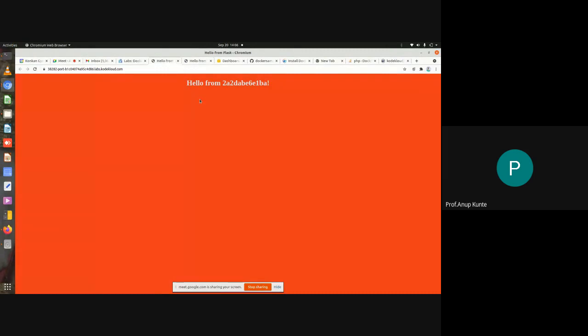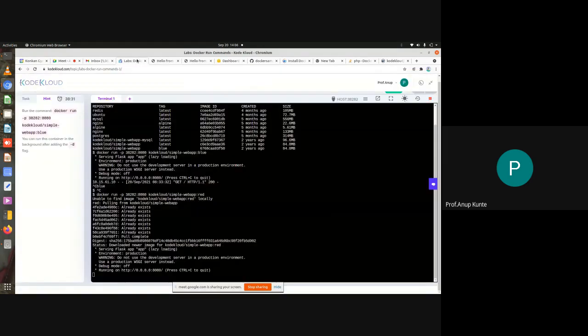So this is a simple static web app website which changes the color as per the version. It's like having different CSS styling on a different version of your software. One version uses a particular CSS styling, the other version uses a different CSS styling. That kind of thing these different versions have. So it gives you flexibility.